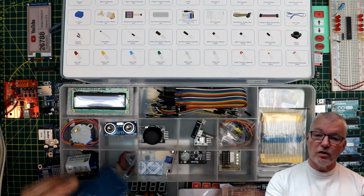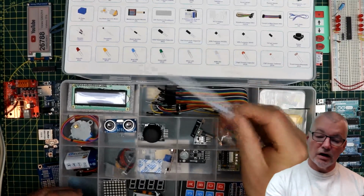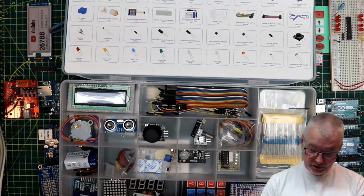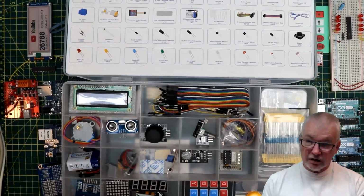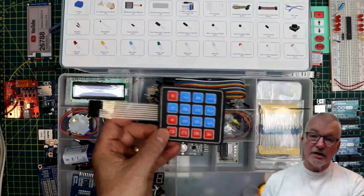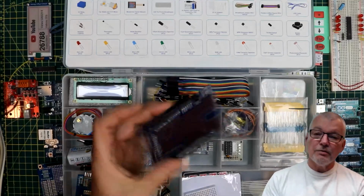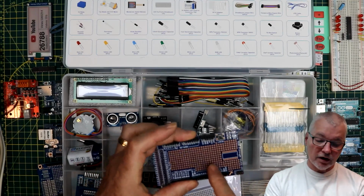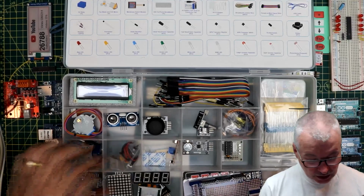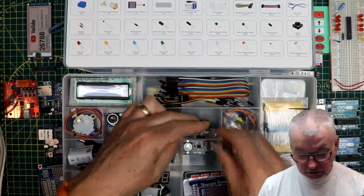RFID, so these are like the door access cards and stuff, and you even get a little sample card for reading. It's got a numeric keypad. I described one of those before, as I was going through all the peripherals. So you've got one of these in here. You have a prototyping board that you can build a little circuit on, plug it on top of the 80 mega 2560 when you're done. You've got motor, display, jumpers, analog joystick, rotary encoder,